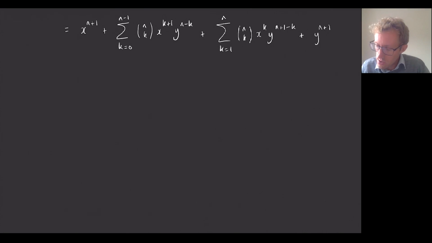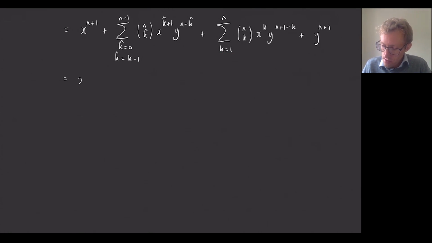And so what I'm actually going to do, I find this sometimes quite helpful, in the first sum, I'm just going to change k. I'm going to call it something else. So it's easier to call it k hat. I'm just going to add a hat on top of all the k's. That hasn't done anything. It's just relabeled it. And then I'm going to say, let's call k hat actually k minus 1. If I do that, then I can rewrite this sum as something that goes from k is 1 up to k is n, and then it will look the same as in the second sum.